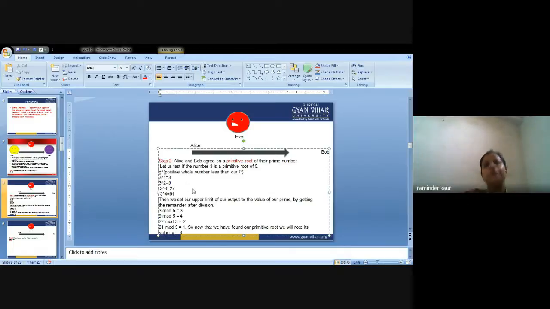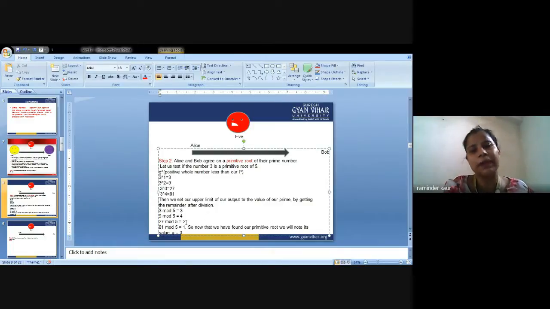So why am I running so fast? Because I already told you about all the algorithms, about all the encryption and decryption processes and all the modulus details, like we have discussed modulus in all the previous algorithms. So that is why I am just going through the steps, and I already detailed you about the steps that we are supposed to follow in the Diffie-Hellman key exchange algorithm. So this is the basic representation of how things will proceed in the Diffie-Hellman key exchange algorithm.